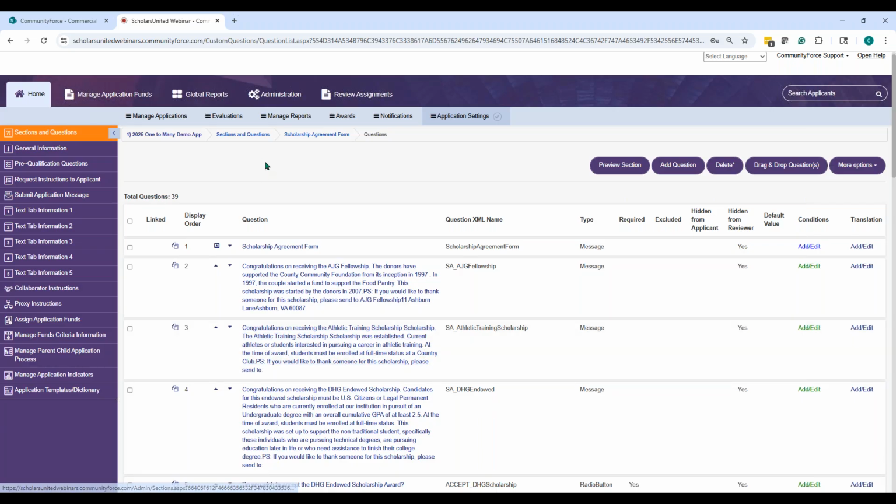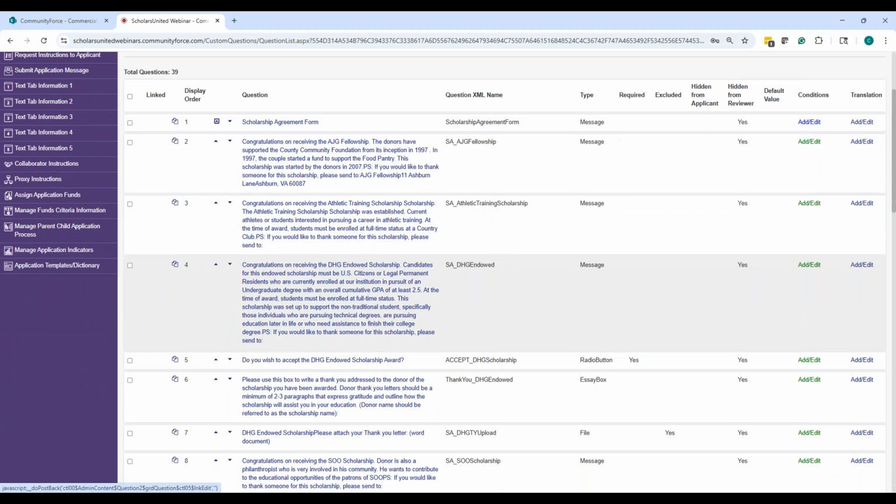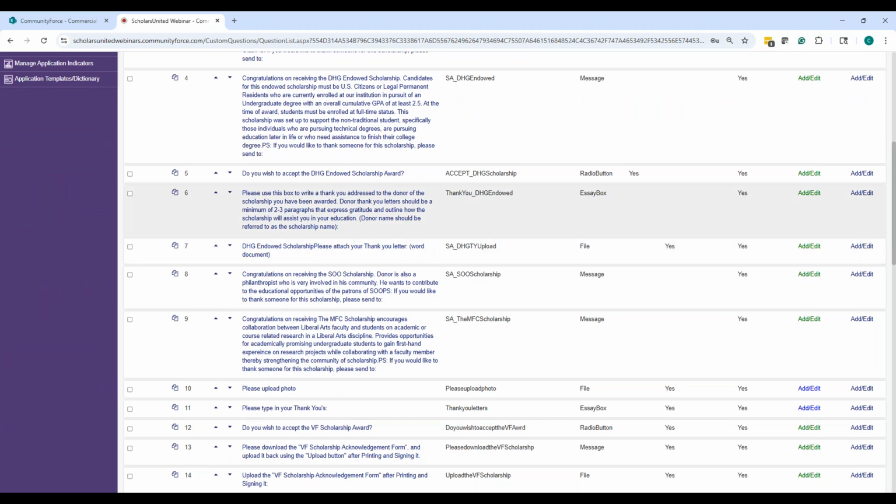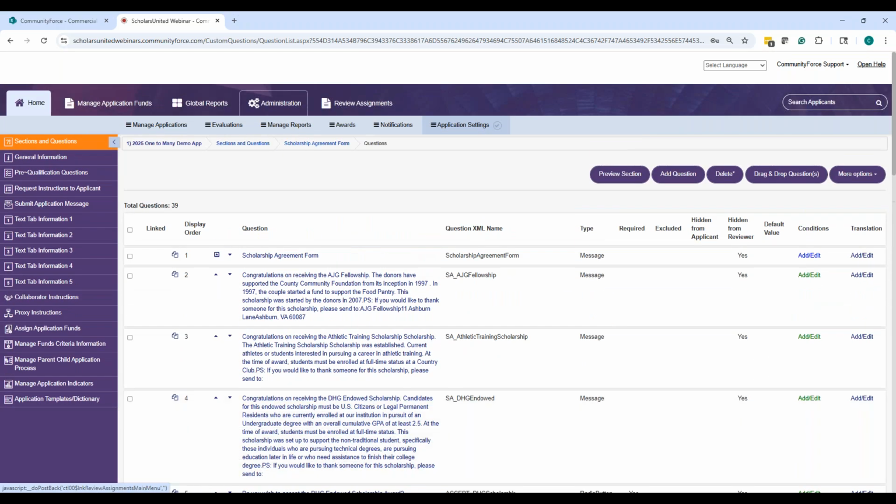Like you might say something about a deadline of such and such date to complete something. You can put that in your staff section, and then link it so that they can see it visible. You can create the message in your staff section and then see it visible here. You can link it if it's specific to the applicant, not specific to the funding. Put it in a staff section, answer it there, and then link it to this section here, and then it'll be visible. It'll be a linked question where it's just view only for that applicant. Okay, so that's the agreement.